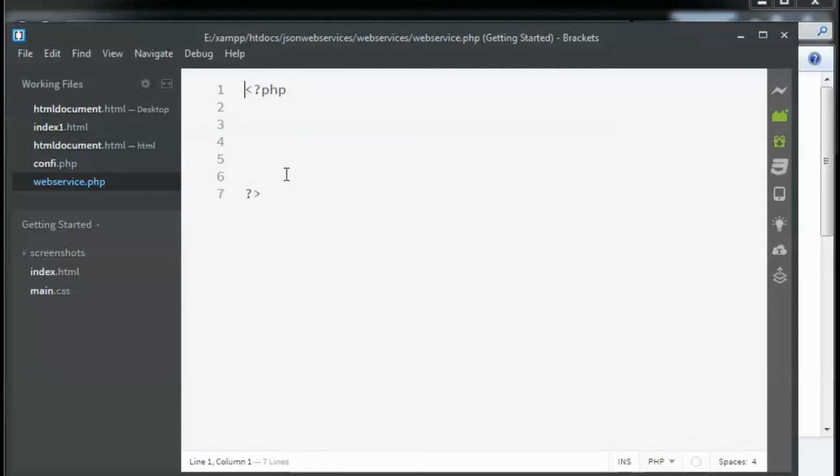So we've got to type in some code over here. First of all I will type in include, and I'm going to type in the config file, because we have to include the config file for database connection. Next step is that I'm going to turn on error reporting.